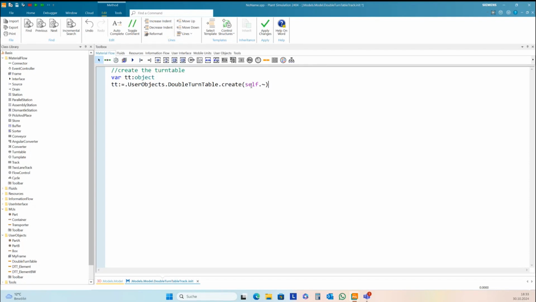Self is the method, and point tilt here is the location of the method, and this is the track. Then I create the first lane.